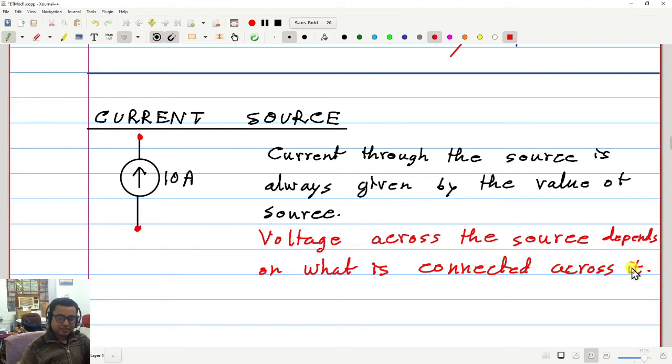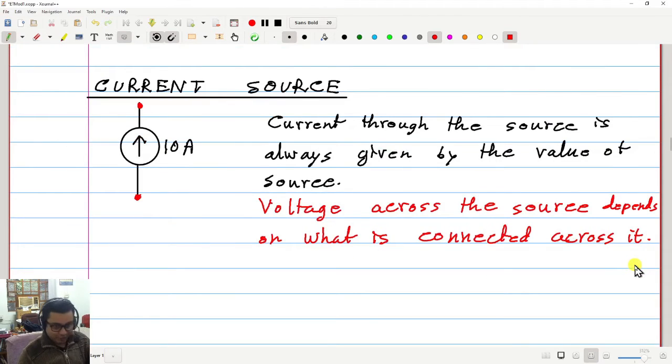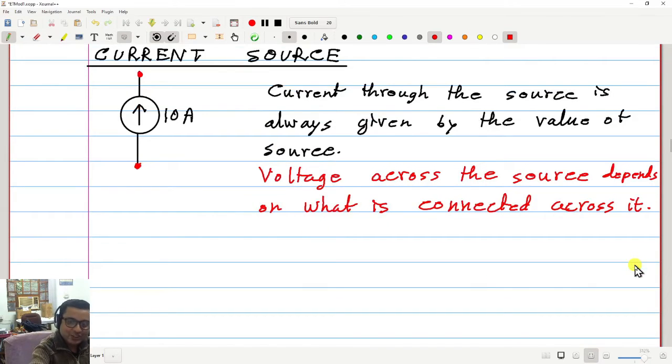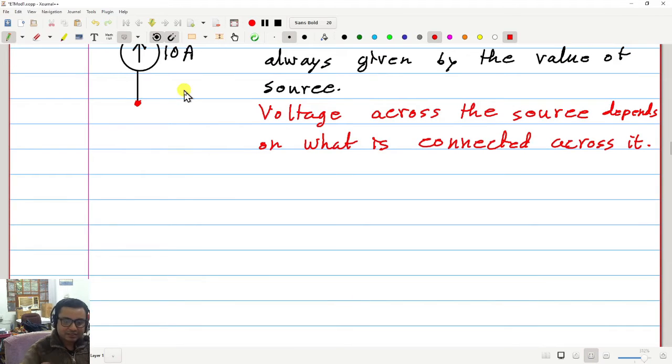It will linearly vary with it. Absolutely, you all are right. So, for example, if I now take this source, 10 ampere, and if I now connect a resistance,